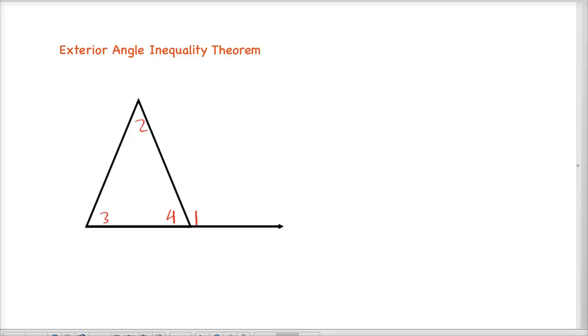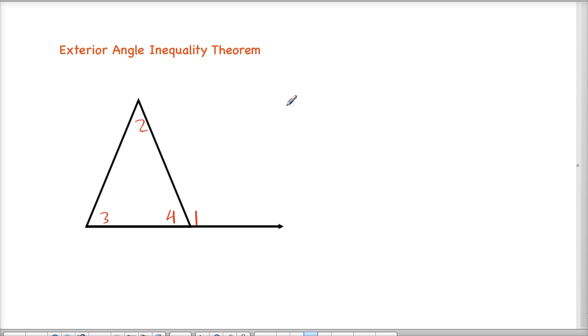Hi everybody, and welcome to tonight's video where we're going to be talking about a few different theorems that we're going to see in this section of our book. And we're just going to do a simple demonstration of each and explain using some diagrams what each one means. So the first one that we're going to talk about is called the triangle or exterior angle inequality